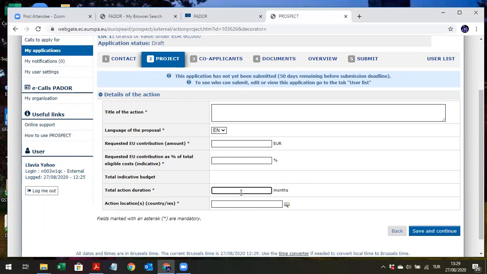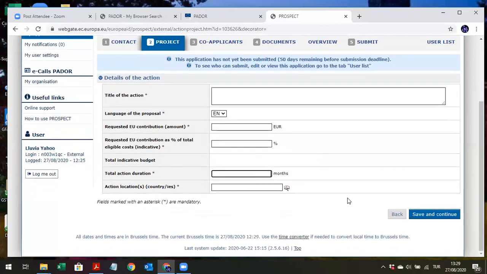Regarding the duration that you need to indicate here, it is also lot specific. So if you are applying under lot 1, it can be between 6 and 36 months. And if you are applying under lot 2, it is between 24 and 36 months. Of course, we advise you to be generous and realistic with the time frame of your project. And then you need to indicate the location of action of the project. In this case, it has to be Cyprus, although some activities can be undertaken overseas. Then you save and